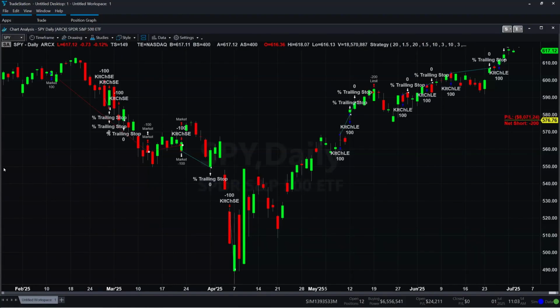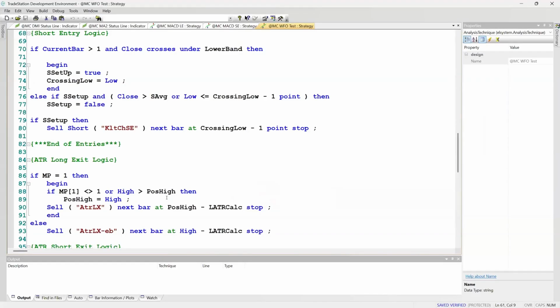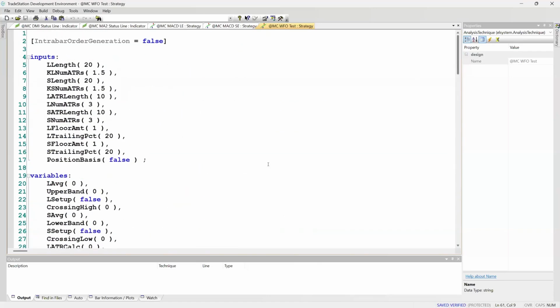It's just an example. But just to give you an idea, let's go inside the strategy to see what the strategy is doing. There's a lot of signals that are generated when you put it on your chart, but once you open up the EasyLanguage code, even though the code may seem a little bit complex, it's not as complex as it looks. A couple things that this strategy is doing, it's basing all its entries in a concept called the Keltner